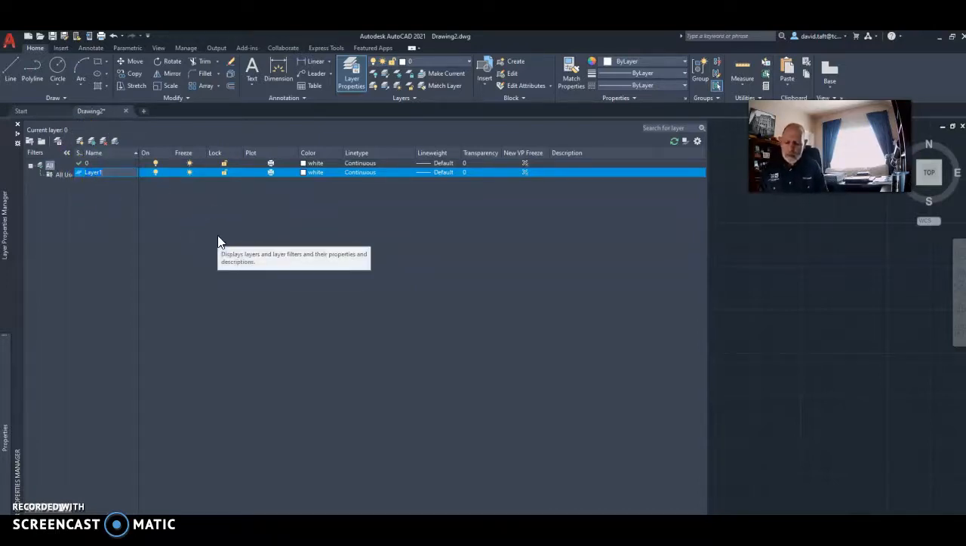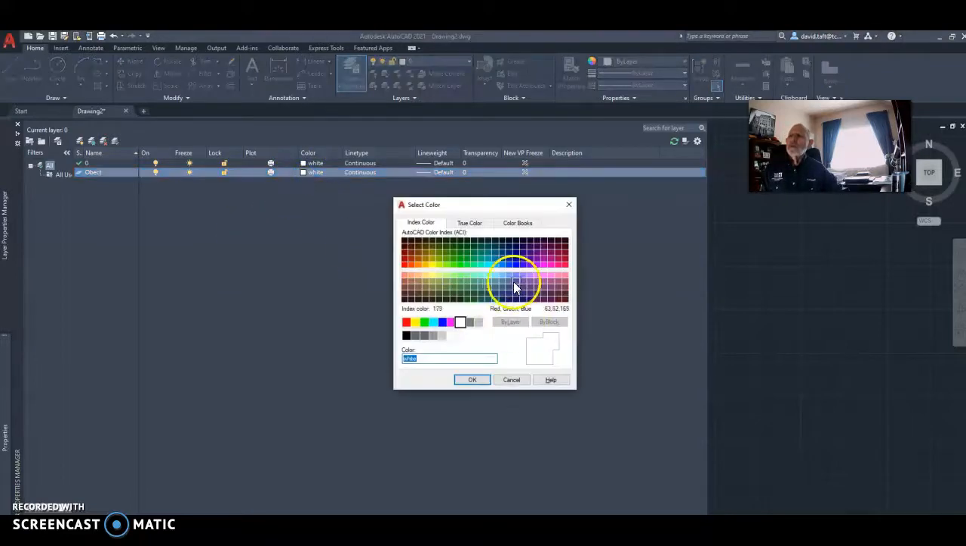So I can go ahead and type in what I'm going to name this layer. I'm going to name it object, my object layer, and then I'm going to change the color on that object to a color. Now I wouldn't suggest these colors in a regular CAD drawing. Most CAD drawings, other than presentation drawings, are black and white or grays. But I'm going to show this so you can see this better on the screen. I'll change it to this